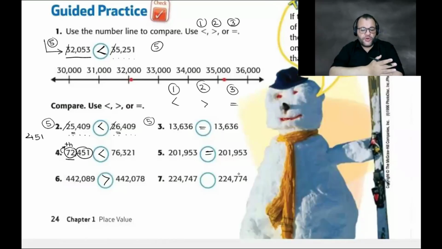If you want to use the number line, the number which lies at the left is smaller than the number which lies at the right. So 30,000 is smaller than 31,000. If you go to the right, just